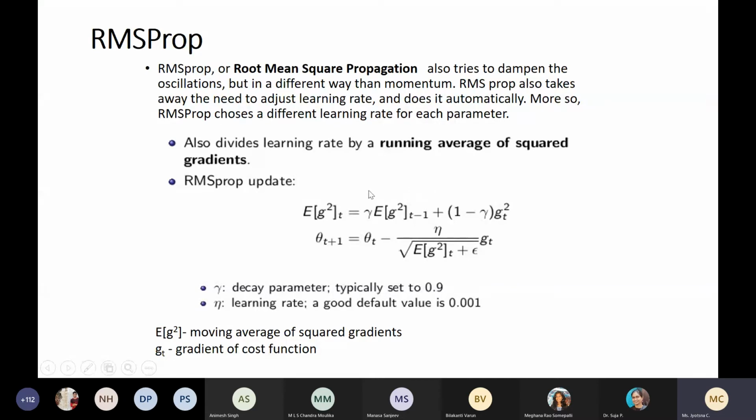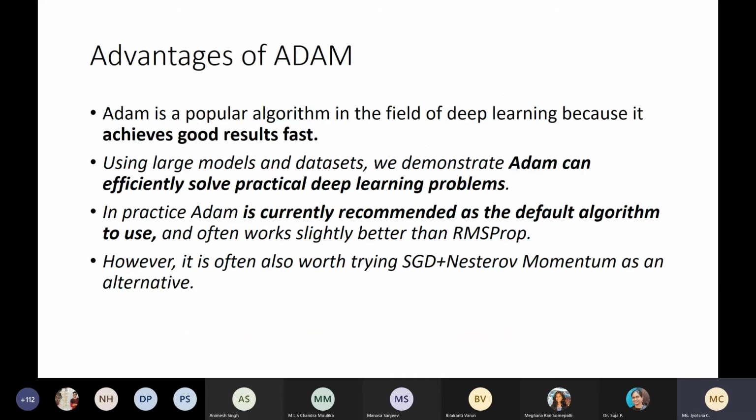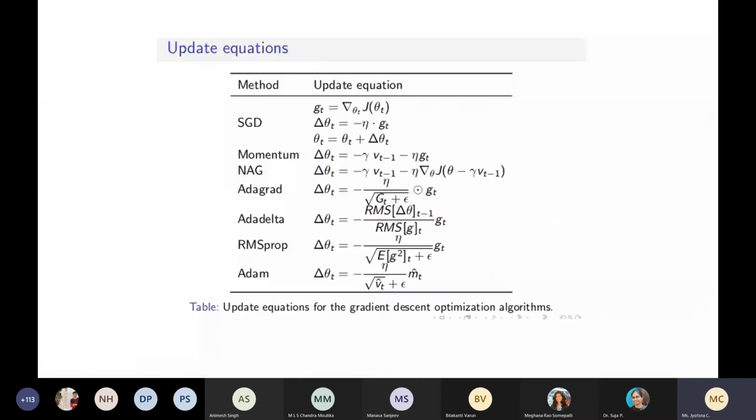When that difference is coming, how it behaves for your data, you need to experiment and learn. Hope you understood. Yes, ma'am. Okay, and you can see here this SGD plus Nesterov is again another alternative for Adam. So you can experiment with all these things, how it is performing. SGD is the stochastic gradient. Instead of using Adam, you can use this particular optimization technique also. All the other formulas we have given here.